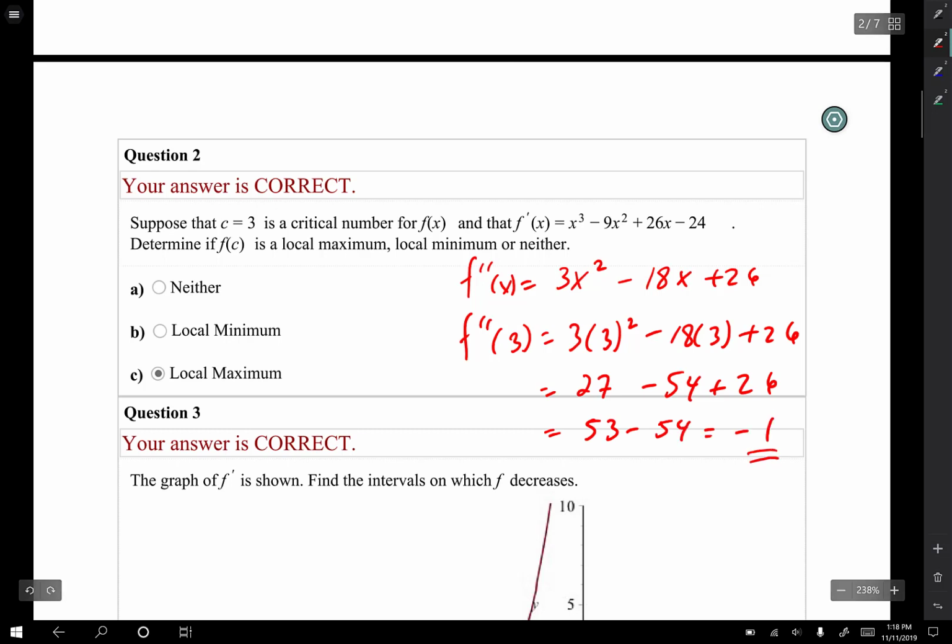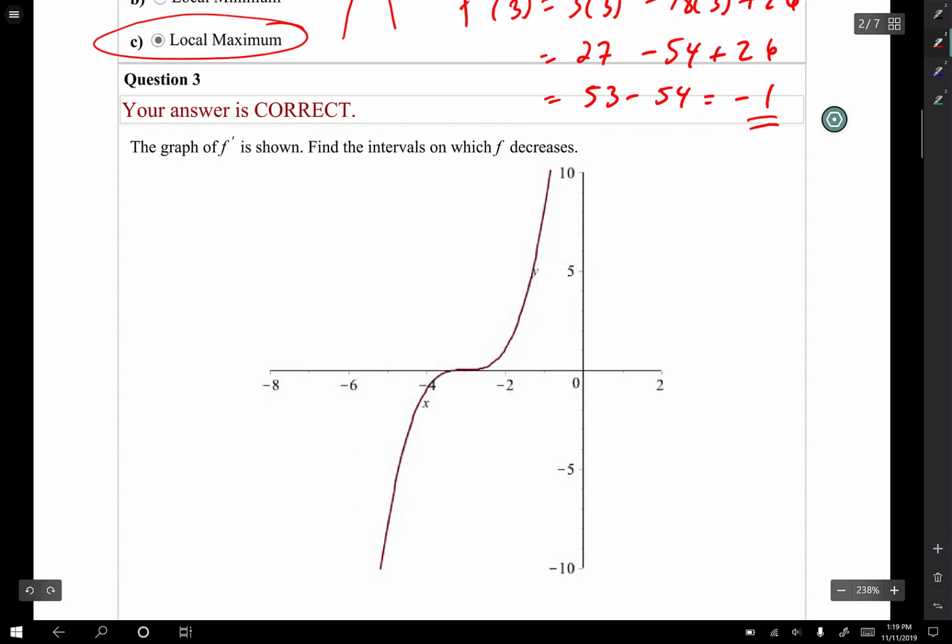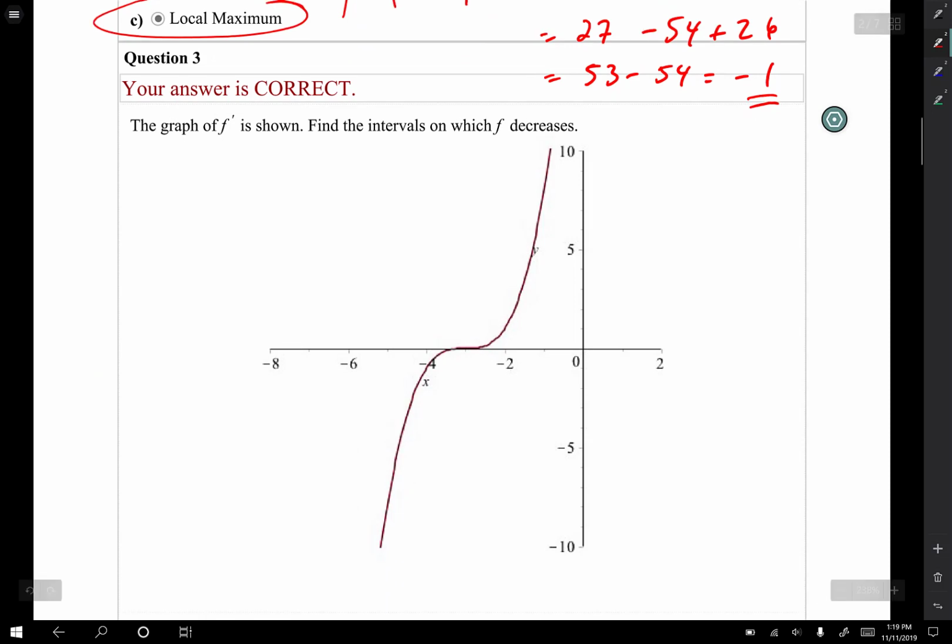So think about it. That means that I am concave down and I have a critical number. If you're concave down and you have a critical number, that is a max. So local max. Continuing. The graph of f prime is shown below. Find the intervals in which f decreases. So f decreases